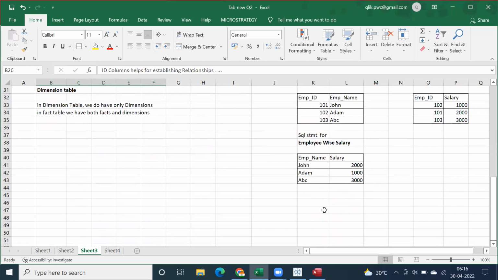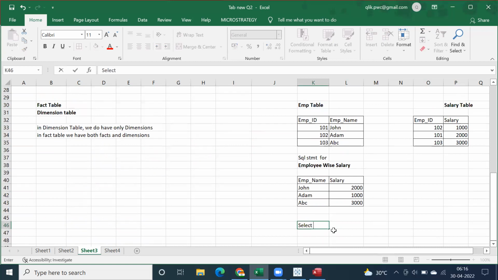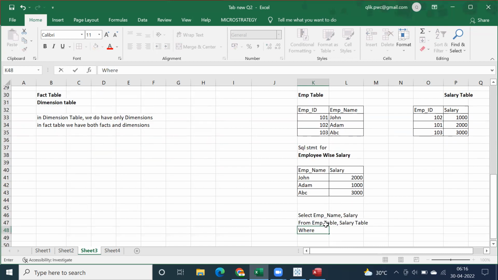I'll write a basic SQL, that is the select statement. Generally in select statements, we have to use columns, what are all the columns we have to fetch from the table name. Select employee name, comma, salary, from employee table, comma, salary table, where